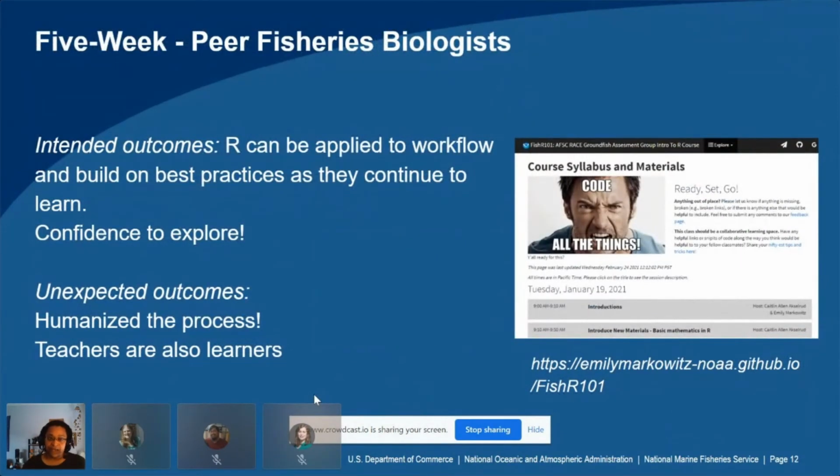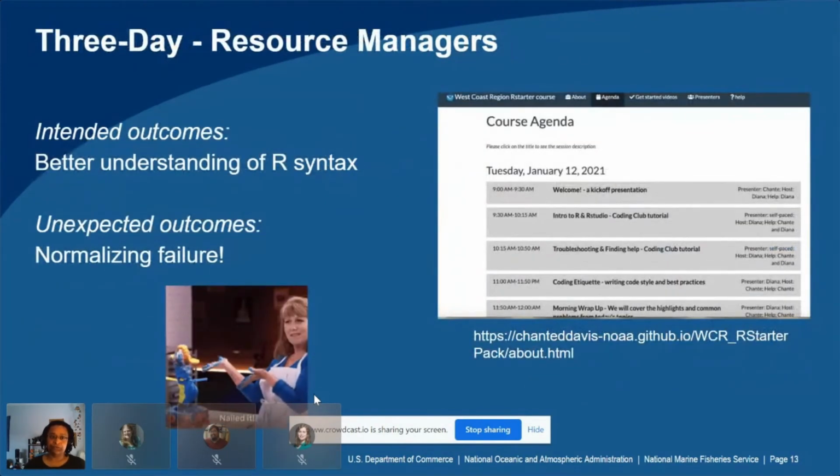Our peer fisheries biologist here, and also in the next slide, you'll see the commonality is humanizing the process. And we recognize that once the students realized that as facilitators, myself, Diana, and Emily, we were also learning. So R is not something that you just suddenly become a master of and walk around like Yoda. You're always learning. And that is what the 3-day piece also taught us, is that normalizing failure is something that we need to